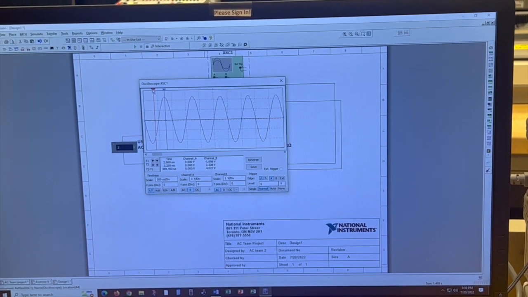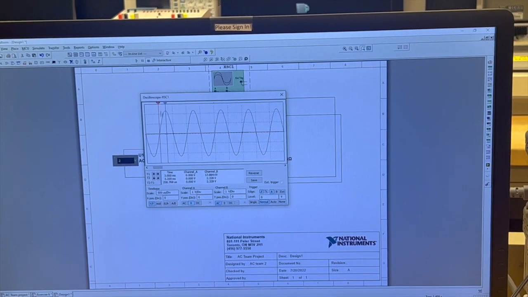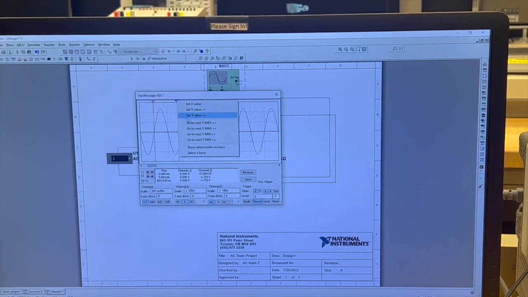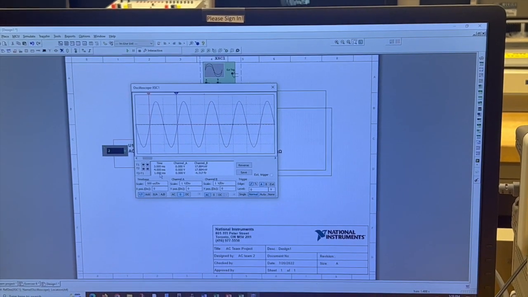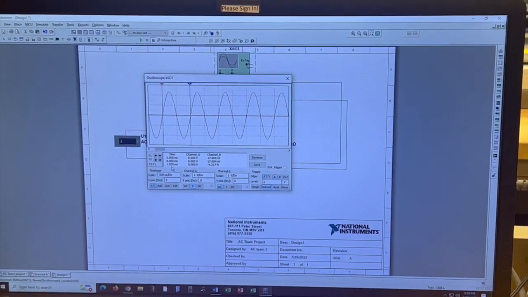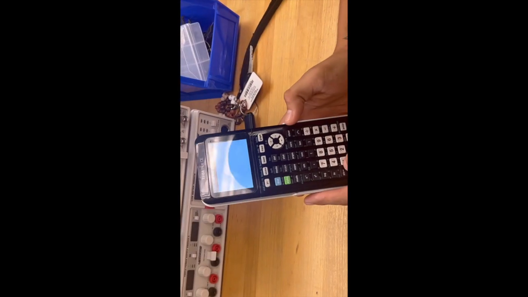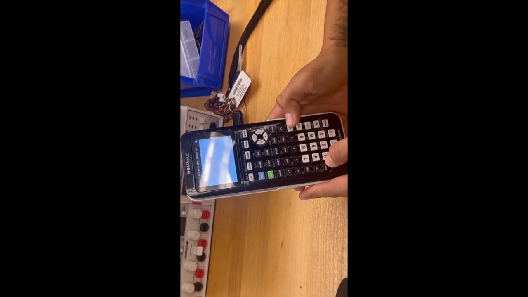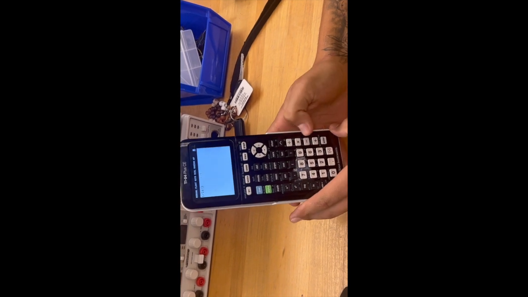We're going to change our trigger values to 0. And our second value will also go to 0. And here we will get our time, which is 1 millisecond. Next, we'll close out the oscope. Here we're going to put into our calculator to solve our problem, which is 1 divided by 1 millisecond, E negative 3 equals